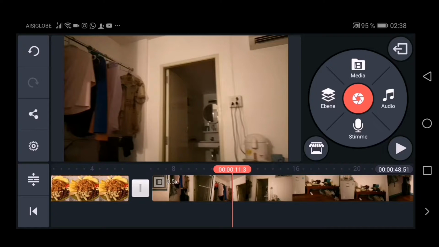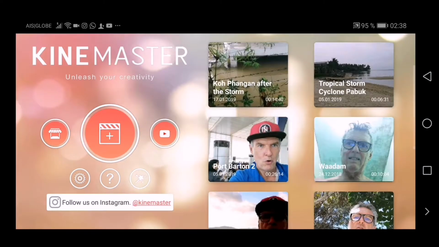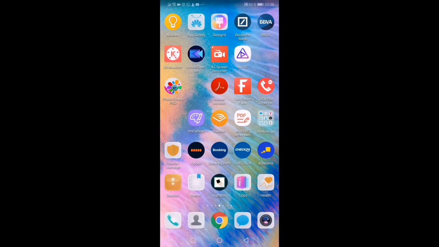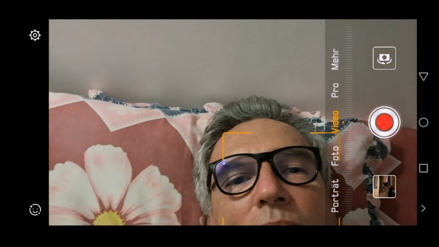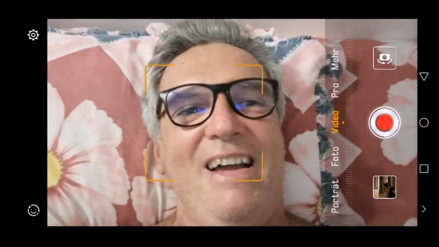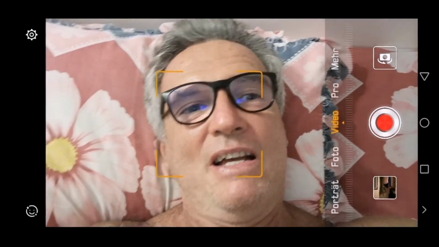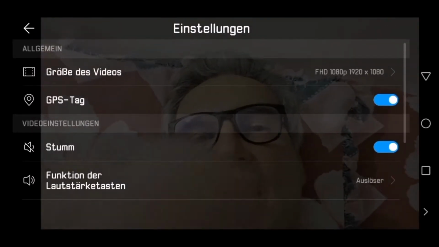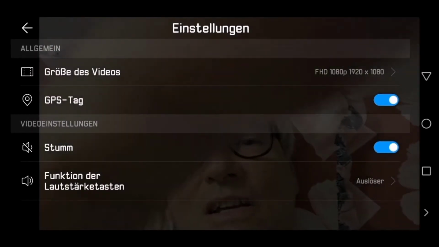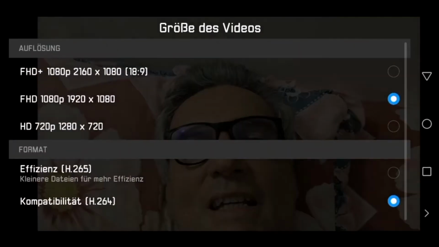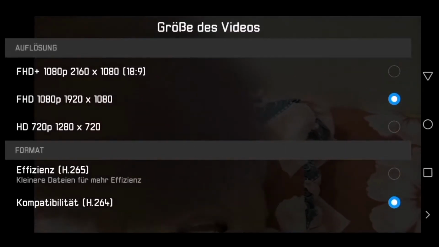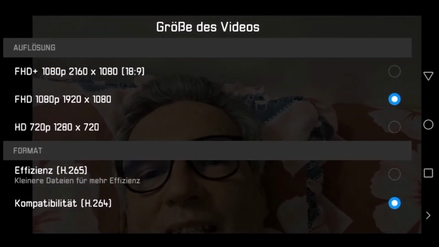So okay, how did I resolve this problem? So we go back here, and you see here my camera, and this is my camera here with the video settings. Now when we go here to the video settings, this is the button here at the left side, and you can see the size of the video. Sorry, it is in German, but I explain it here in English. And there I had this Efficiency